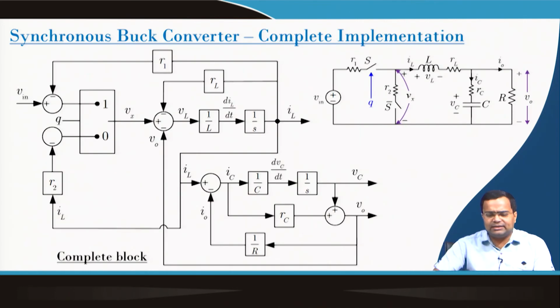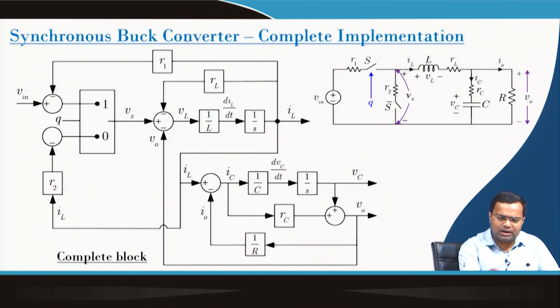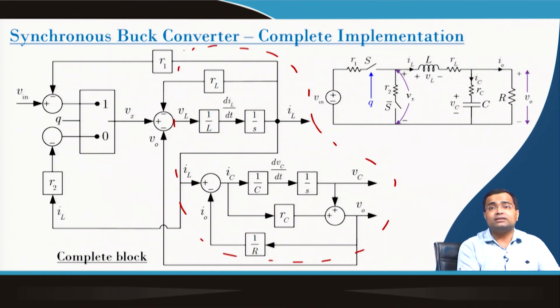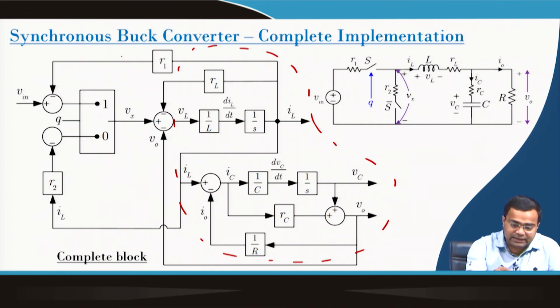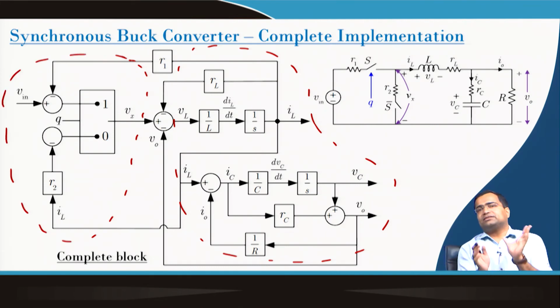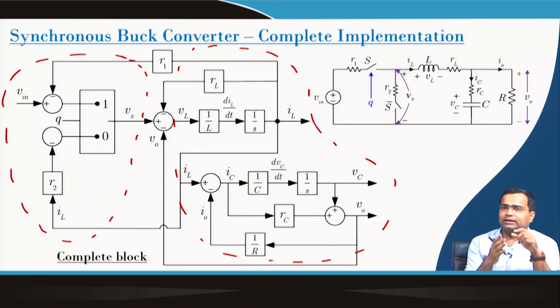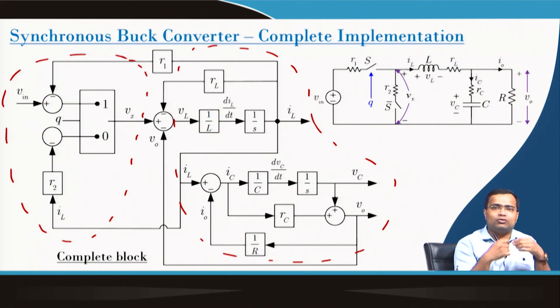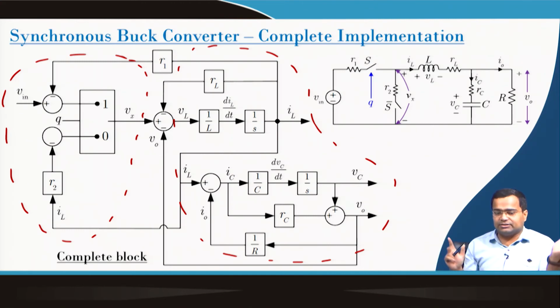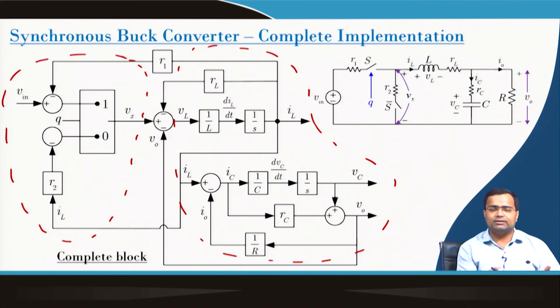Now, we can combine this whole thing to get the complete representation of the synchronous buck converter. This whole part is well known to us, because we did it for our parallel RLC circuit with parasitics. This is a new additional block which is coming due to the switching configuration of the switch node voltage, because it is not a fixed voltage. You can think that in a parallel RLC circuit we can also apply a pulsating voltage. So, similarly we are generating the pulsating voltage from here.